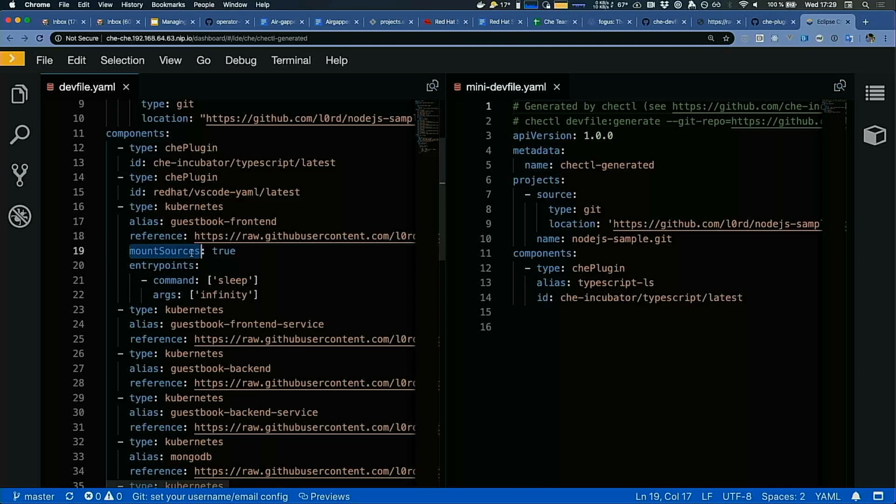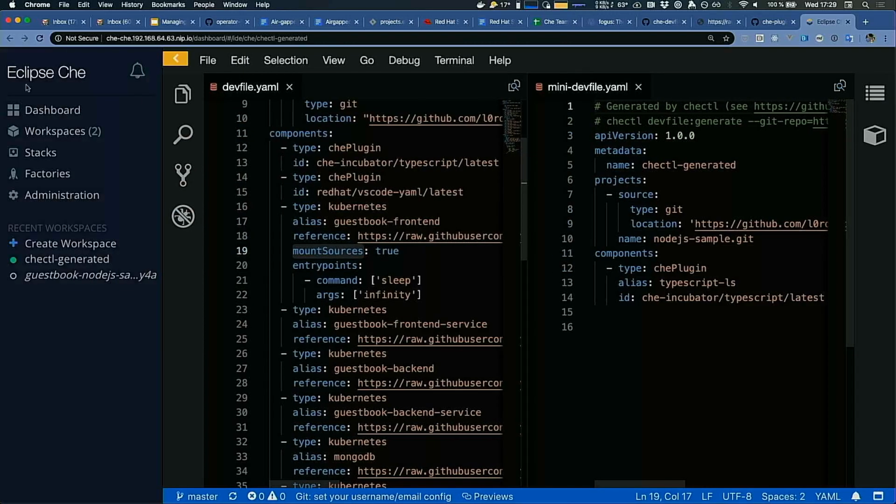And the second thing is that I'm going to override the entry points so that instead of starting the application, it will pause, and I will be able to start the application, debug it, stop it, etc. Because if I don't override it, if I try to update the application, the process will be stopped and the container will be killed, and I won't have it in my workspace anymore. So I need to override the entry point.